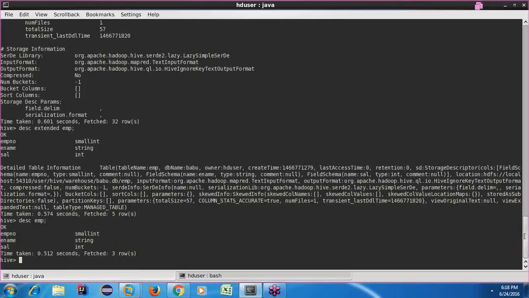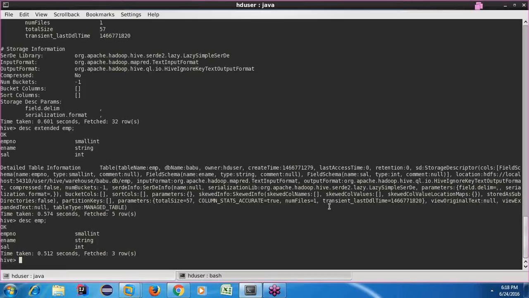So this is how you can create a Hive managed table, this is how you can see the table structure, and this is how you can happily load the data into the table. Before doing some hands-on with Hive queries, let's end the class for today.